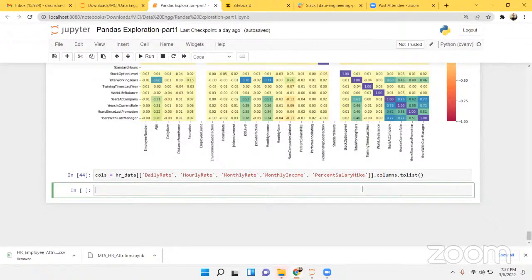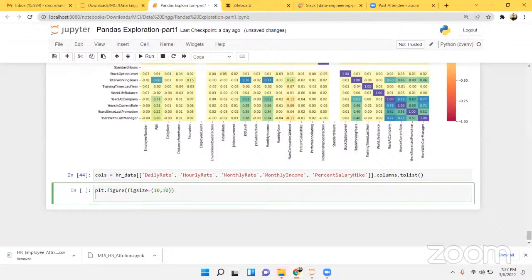So here what we'll do is plt dot figure. Let me include the figure size, figsize is equal to 10 comma 10. So for i comma variable in enumerate columns,